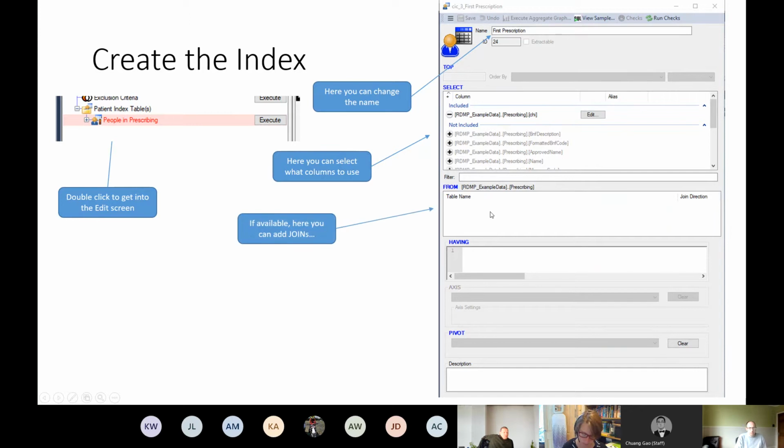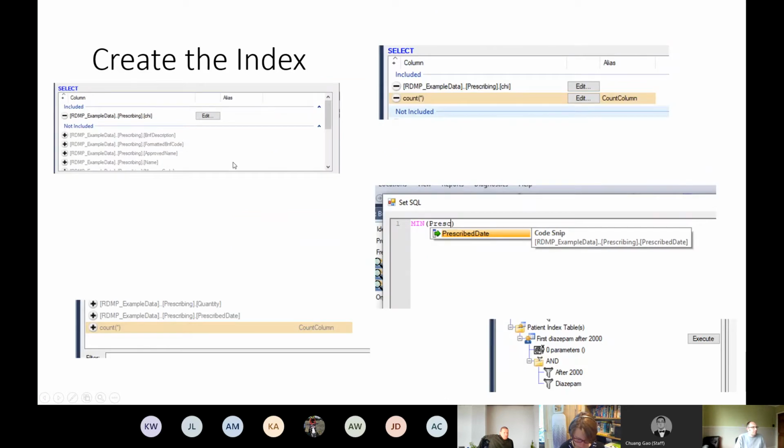We can add in additional table joins if we need any, but in this case, we're just going to use it as is. And we can add an optional HAVING clause, which allows us to do a little bit more SQL level aggregation. This looks like a whole bunch of different elements stuck together, so I apologize for that.